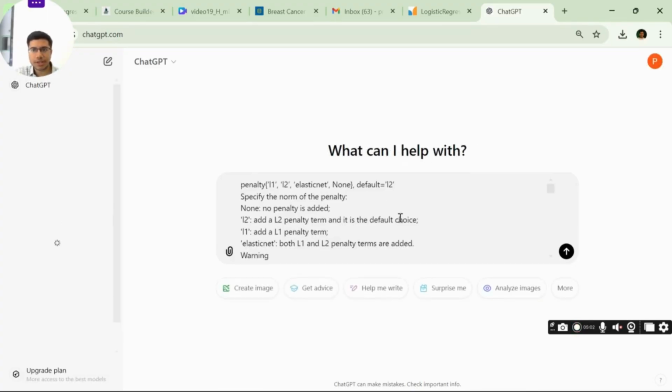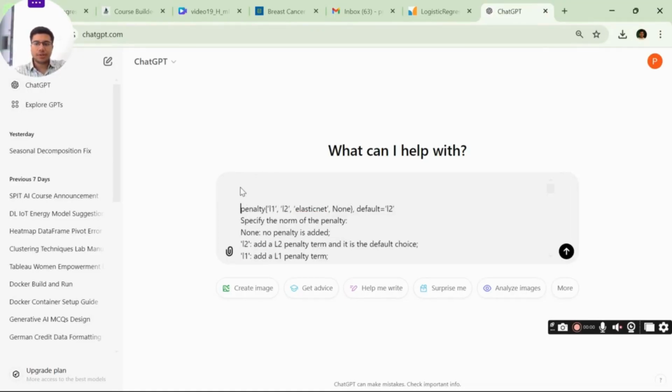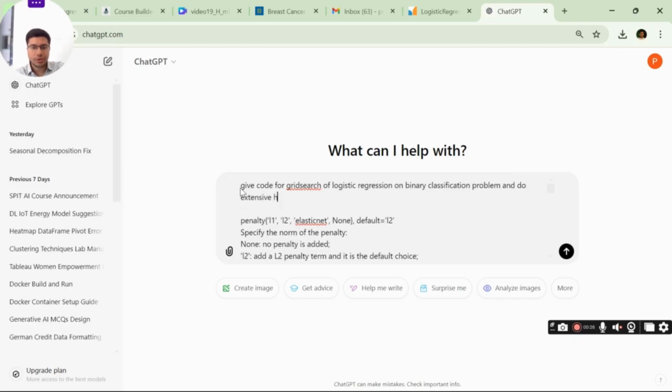I have copied the entire list and further I write: give code for grid search of logistic regression on binary classification problem and do extensive hyperparameter search.